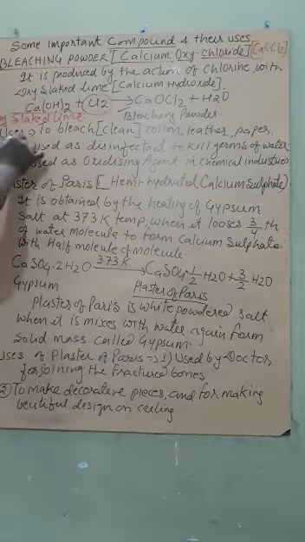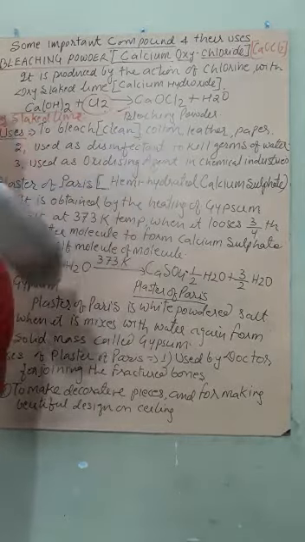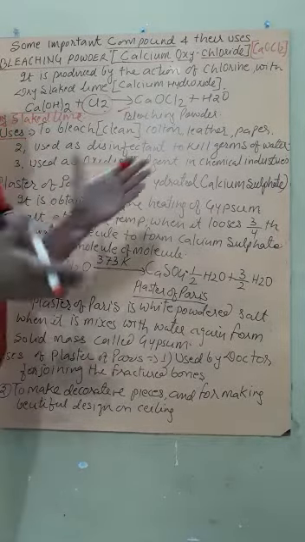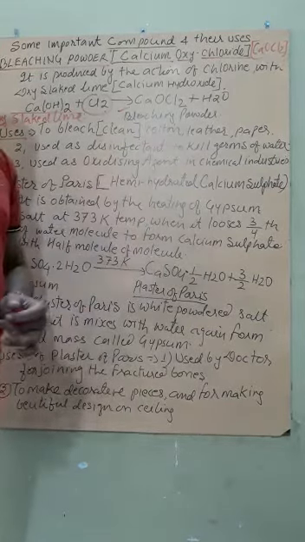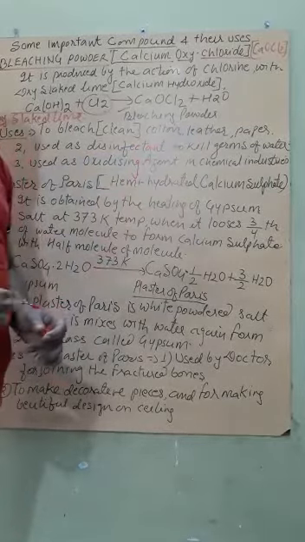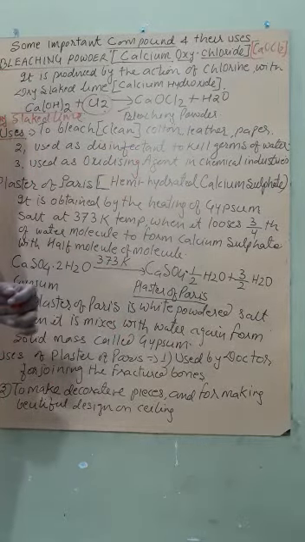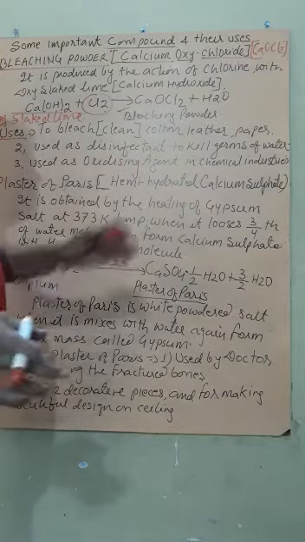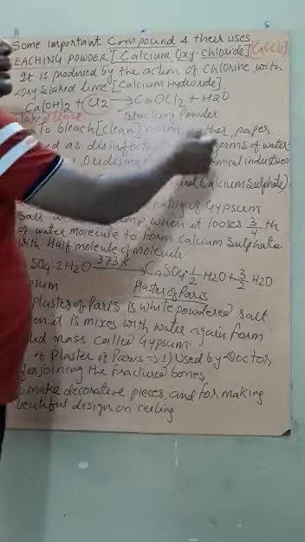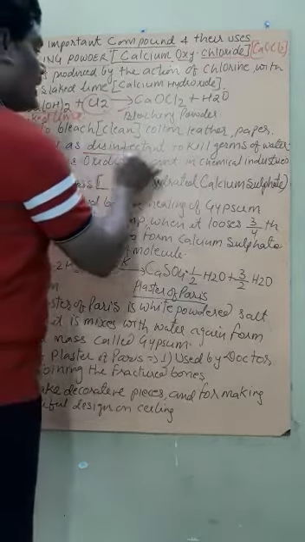Okay. What are the uses of bleaching powder? To bleach, that is, to clean cotton, leather and paper. Actually, these substances are quite dirty in nature. To clean them, bleaching powder is applied, and also to kill the germs, that is, the natural microorganisms present in cotton, leather and paper. Therefore, it is used as a disinfectant.